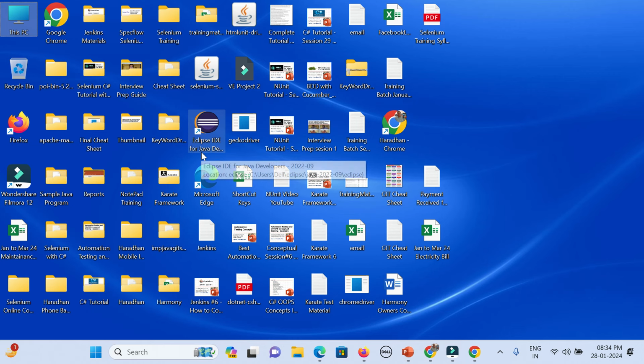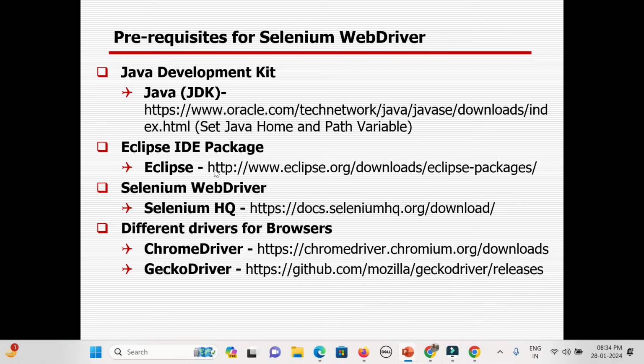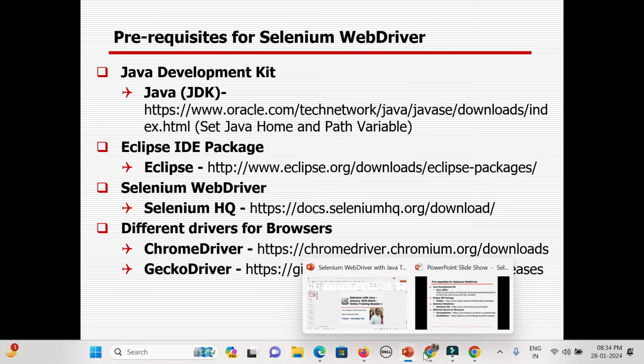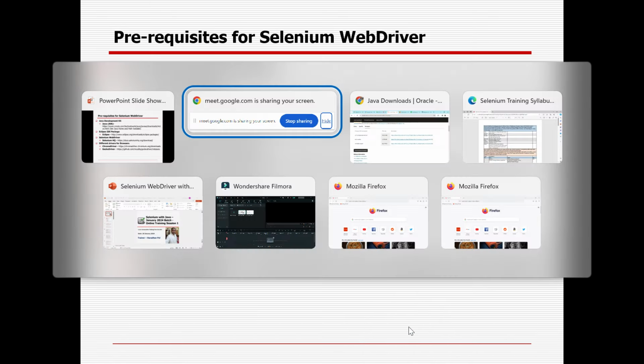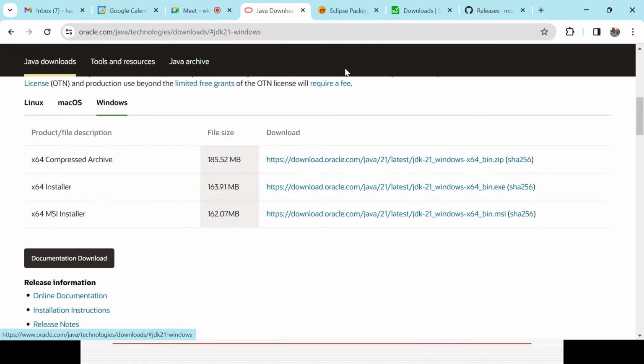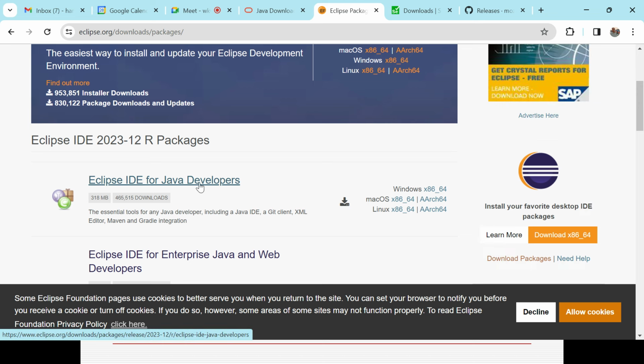So what you can do, you can go to the URL, already mentioned here. This is the URL for Eclipse. Once you open this, I already opened it. This is the Eclipse site. So here you need to first choose Eclipse IDE for Java Developers. And in case you are using Windows 64, Mac or Linux, simply click it and download it. It will not be a problem.